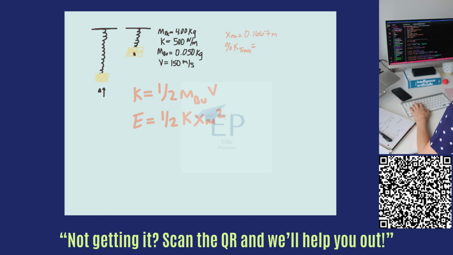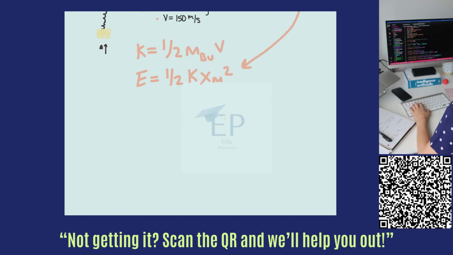And we found the amplitude in the first part, so now we can actually substitute that in for the second part. We already have our spring constant, we have the mass of the bullet, and we have the velocity. So to find the percentage that was transferred, we are going to divide our mechanical energy by our kinetic energy. So we are going to have